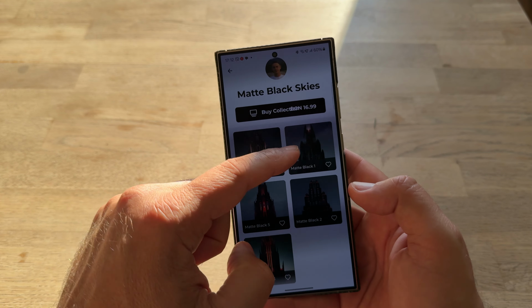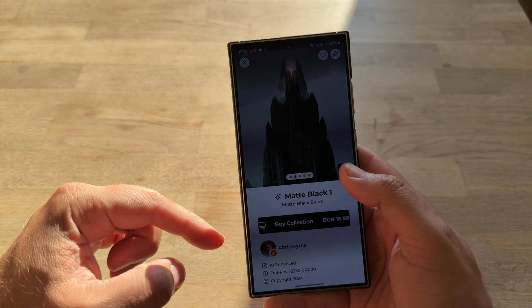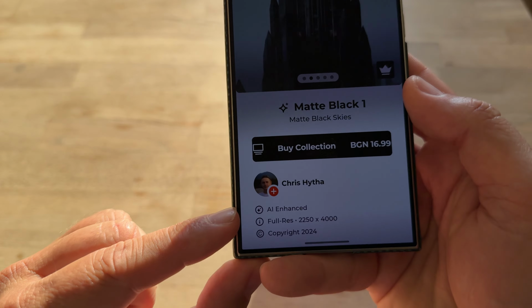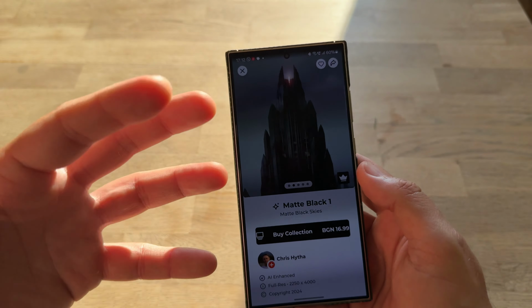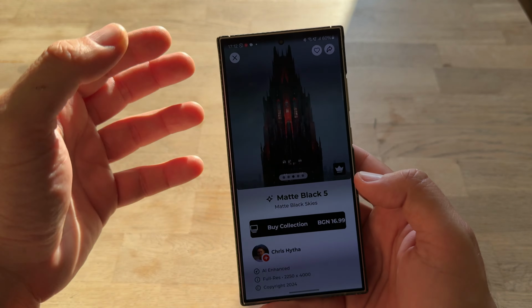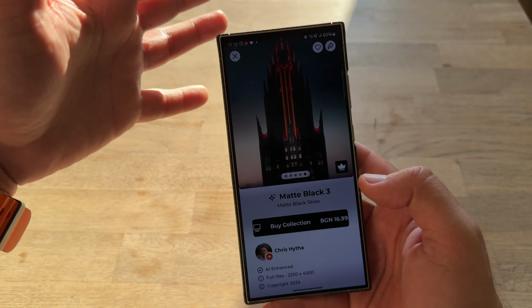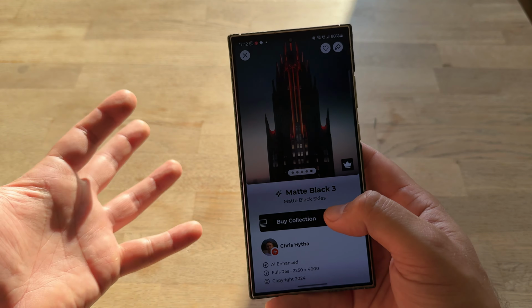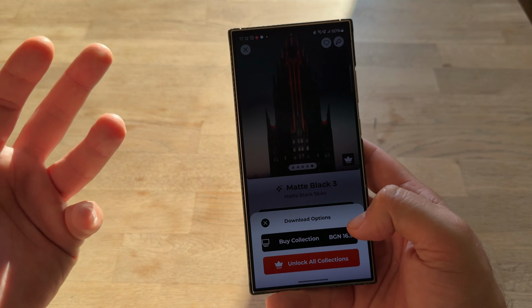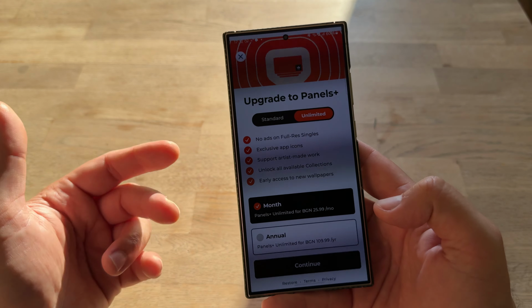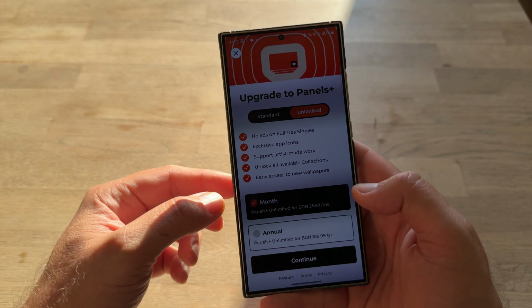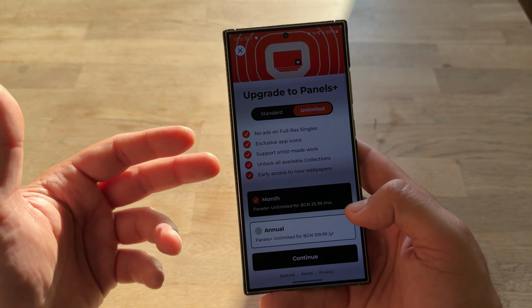I do believe that, for example, this series was an original photo that was manipulated here. See, it's AI enhanced, but Marquis explained that the artist, in this case Chris Hidder, decided himself to use AI to just really change or, let's say, alter the picture. If you want to buy this, you have to click, and you can just buy the individual collection. So it's going to be like 8 euro. If you want to get the full thing again, you have to unlock, and you can also decide to use it for 1 or 2 months, and then you're just going to be charged on a monthly basis.